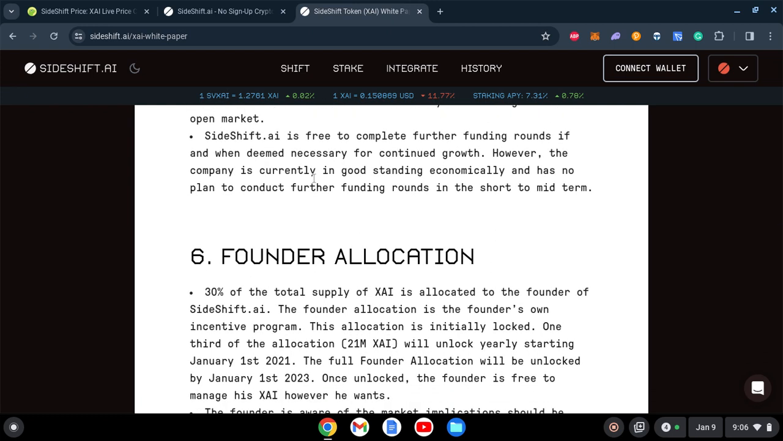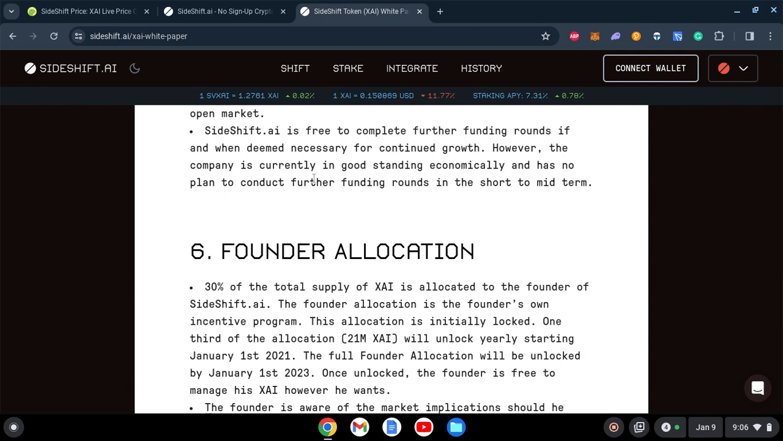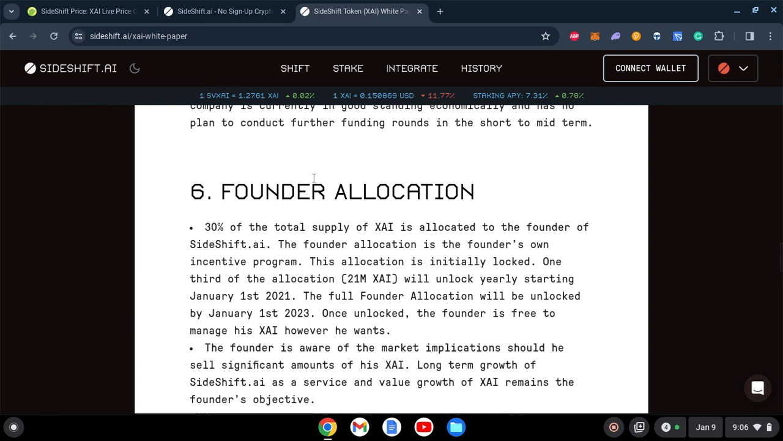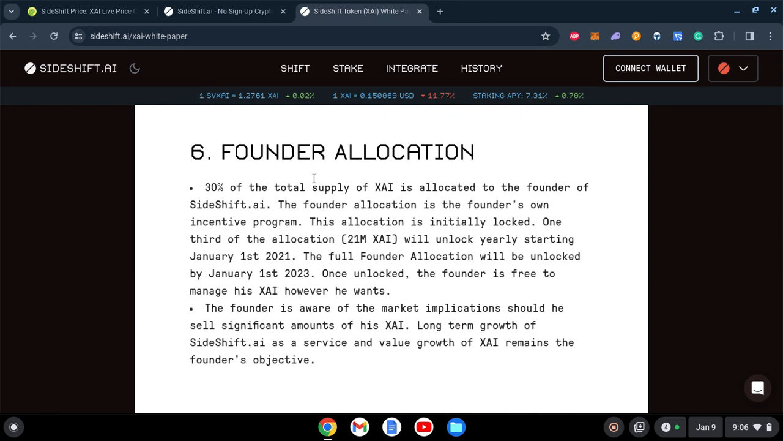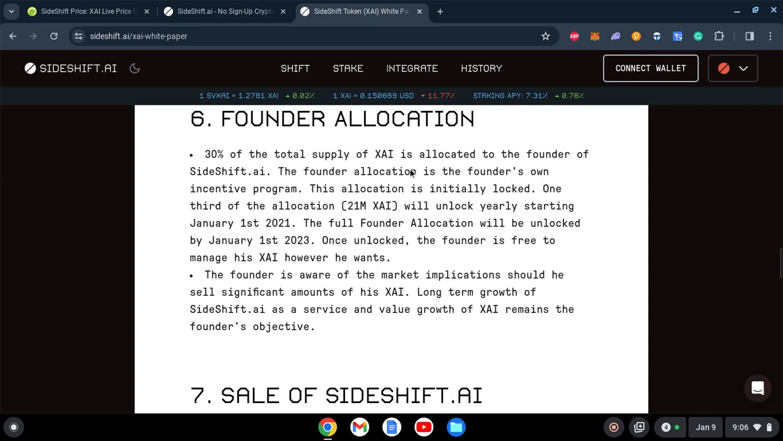It's not that important. Of course, it can be important if this project is heavily decentralized, if they have a very powerful community, and in that scenario these things might matter, but right now I don't think it has much value. So apart from that, founder allocation, 30% of total supply of XAI is allocated to the